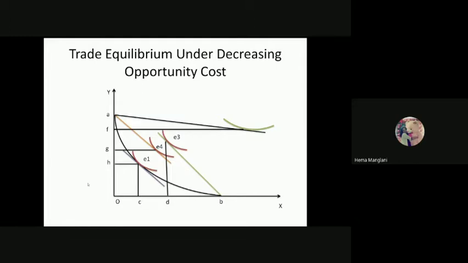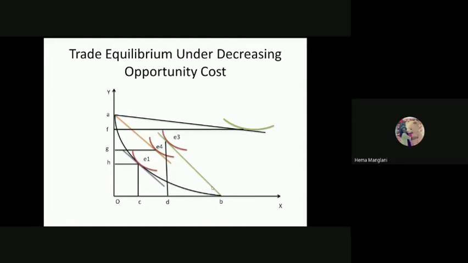So if you go in this direction to opt for this point A, that is also complete specialization, or you can proceed towards this extreme to opt for this production possibility point, that is B over here. That's also an example of complete specialization. But that entirely depends on the country, what they are producing and offering as a specialization. This is based on the prices in the world economy, or the terms of trade, what other countries are offering.